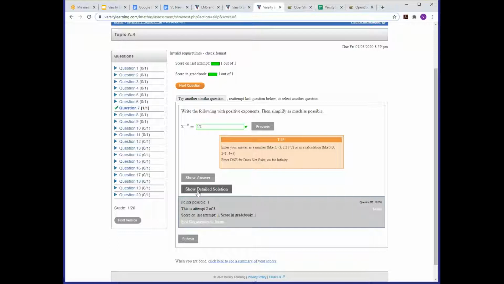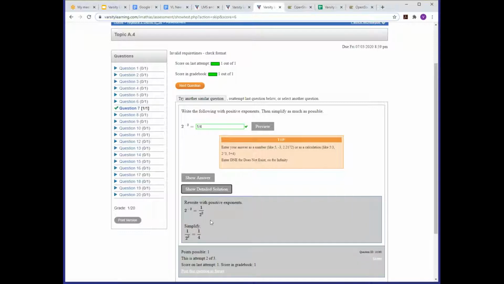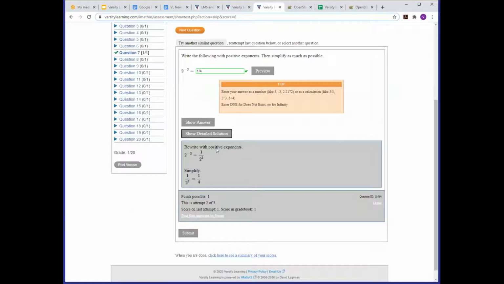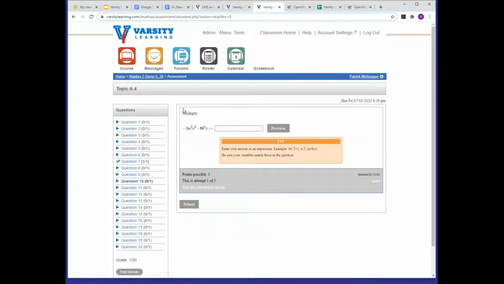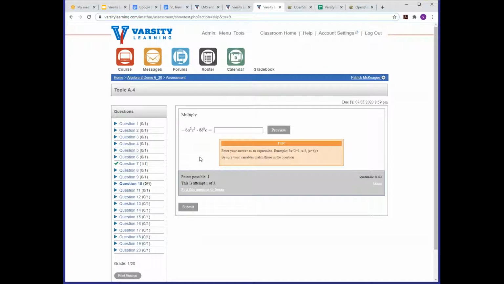This question has a detailed solution, so students can click on that and see the solution, not just the answer. Students can work these questions in any order as well. So question 10, three different variables, some exponents, really not a problem you want to try to communicate over